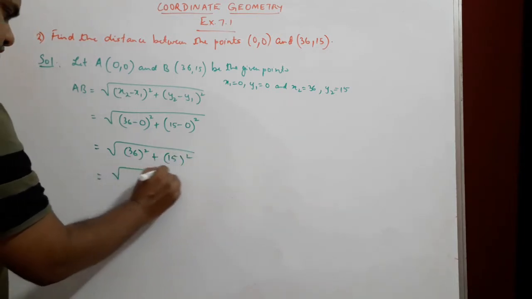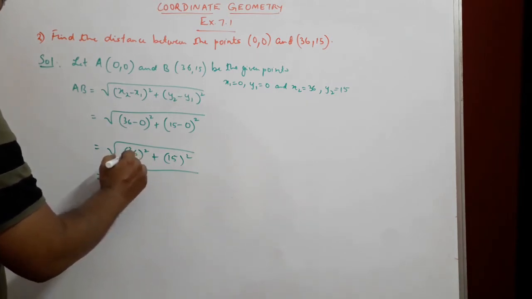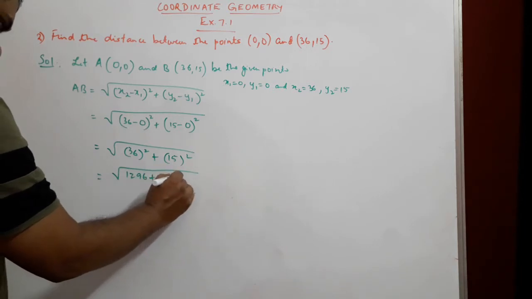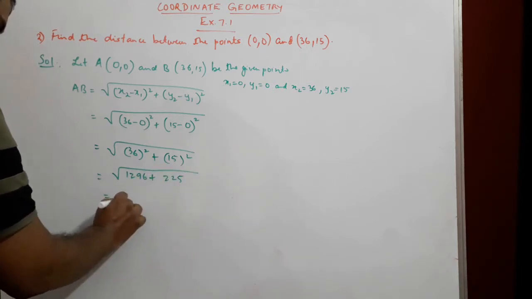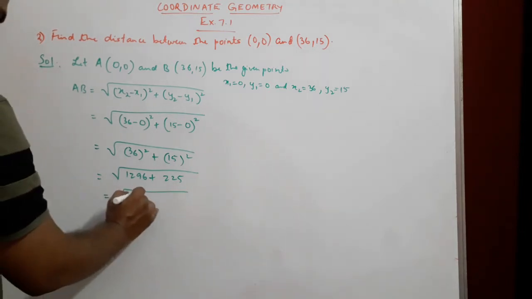Now 36 whole square is 1296 and 15 whole square gives us 225. When we add 1296 to 225, we get